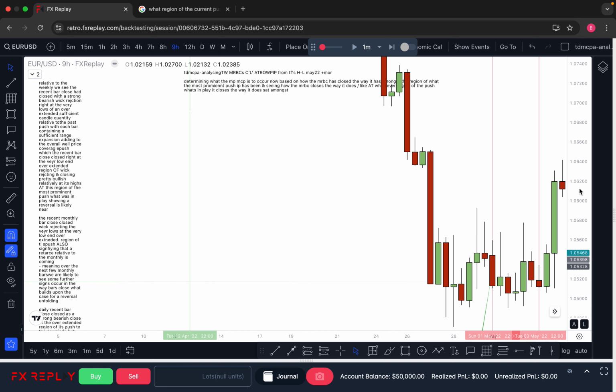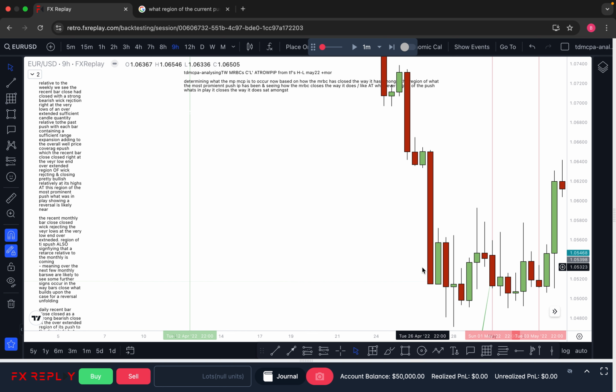But the one thing that's kind of tripping us up a bit is when you've got a heavy range. Here, you've got a heavy range expansion bar at the downside of an overextend. If short term pushes are in play, this is a prime example actually. If short term pushes are in play and you've got a singular bar, that's the push, and the most recent bar close. So you would just label it as a heavy range expansion bar